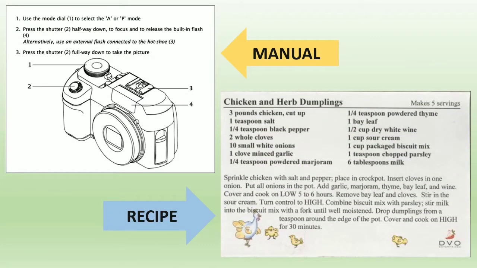Now, let's see the example of procedure text. Please read it for a moment by pausing the video. Kedua contoh tersebut adalah procedure text dalam bentuk manual dan recipe. Now let's analyze both of the text to know the characteristic of procedure text. By reading the examples, you can see that in the manual, there's only part showing the steps of doing something. Meanwhile, in the recipe, there are 3 parts, including title, that is chicken and herbs dumplings, ingredients parts, and steps